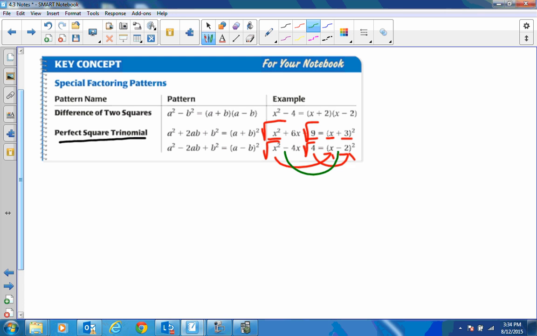If it's a minus in the middle, then you put a minus there. If it's a plus in the middle, you put a plus there. Okay, so I have to do a better job of teaching perfect square trinomials. Now, the difference of 2 squares